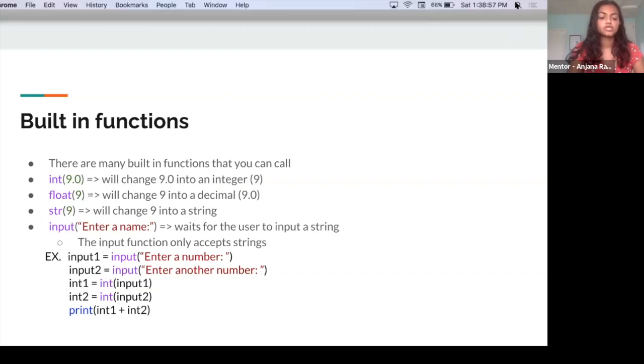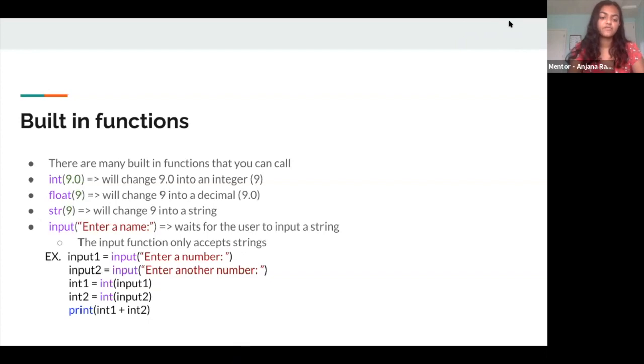Also make sure to remember that the input function only accepts strings. So if the user inputs a number and you want to manipulate that number in any way, you would have to convert that into an integer or a float. So in our example,